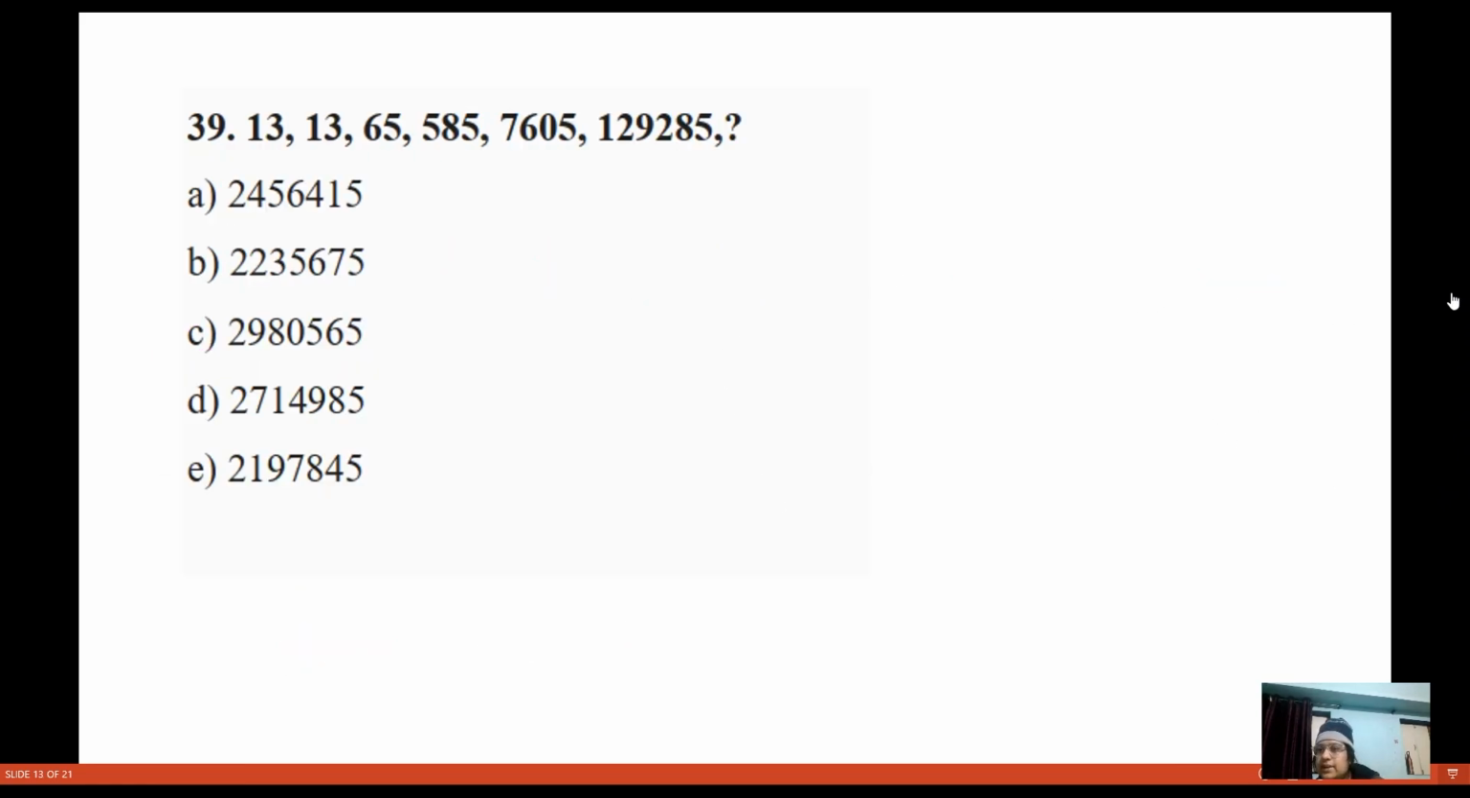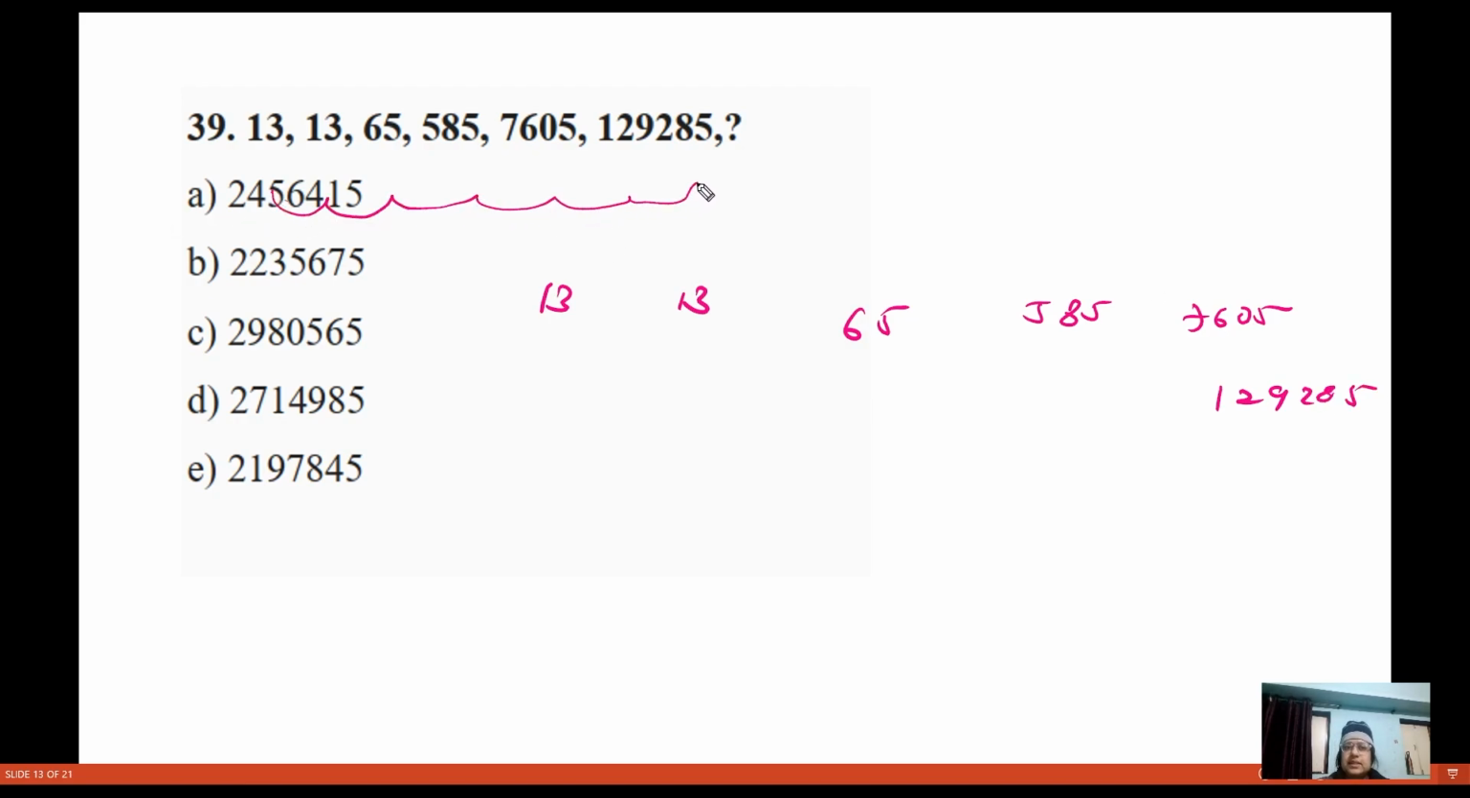Okay, now look at this. Now we have 13 and then 13 and then 65, and then 585, and then 7605, and then we have 129285. Now see, this is increasing so rapidly. So that means definitely it is going to be multiplied, and each time it is getting multiplied by 5 only,